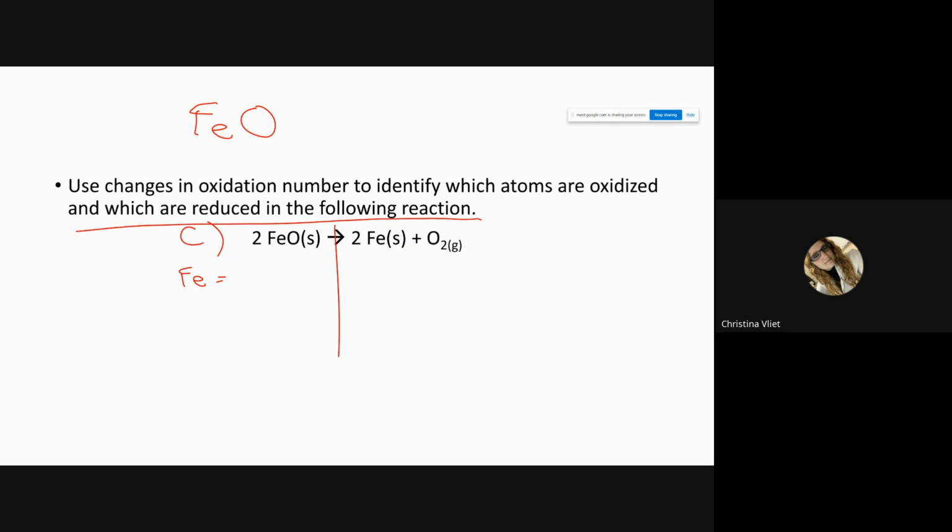We know oxygen has to be what number? -2. So if oxygen is negative 2, then iron has to be what? +2. Yeah. Iron has to be +2. Good so far? Because there's one of each of them. Knowing that oxygen is -2, iron has to be +2. That actually gives me both of my